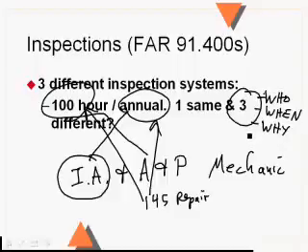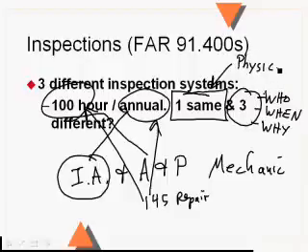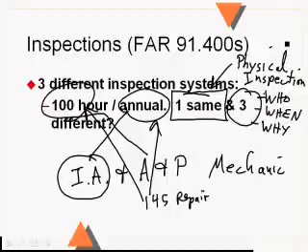a valid 100-hour inspection. What some people don't quite understand is that the visual inspection, the physical inspection of the aircraft, whether it's done by an IA or an A&P for an annual or 100, the physical inspection is the same. You got to look up airworthiness directives, you got to take panels off, you got to check things, inspect them, fix anything that's busted, put it back together again. But what you're doing to the aircraft is identical whether it's a 100-hour or an annual inspection.